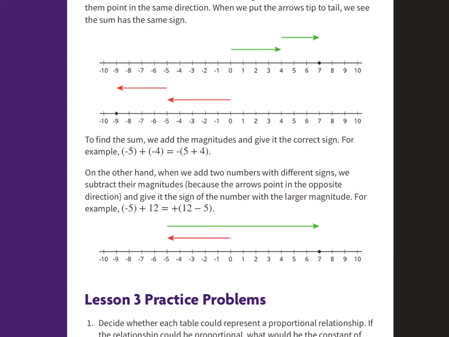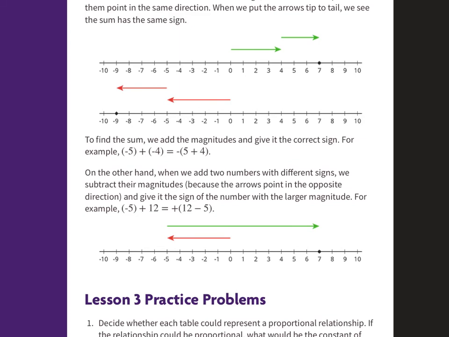Okay, so if numbers have the same sign, then either they're both positive or they're both negative, they're going to stay that. So positive plus a positive equals a positive. A negative plus a negative equals a negative. Okay, it's when the signs are different that we subtract them, and then we take the sign of the bigger number. Remember,